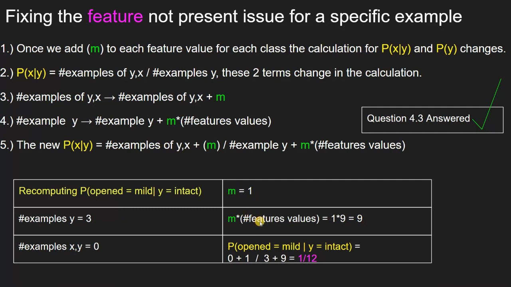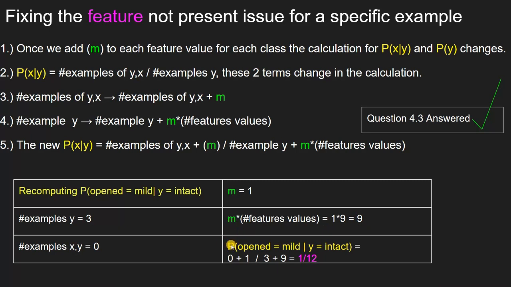Number of feature values is, we have 3 features, right? Discolored, dense, and open, right? Each of those can take on 3 values: none, mild, or full. So we have 3 times 3, so we have 9 feature values. So we have 1 times, m is equal to 1, so m times the number of feature values is equal to 9, right? And so now we have our terms,